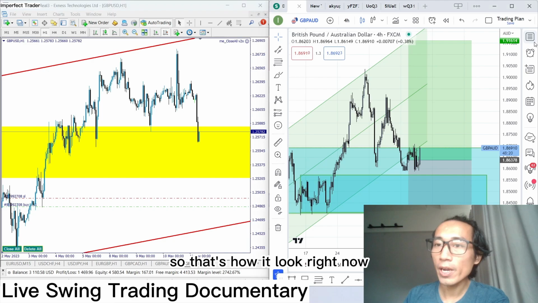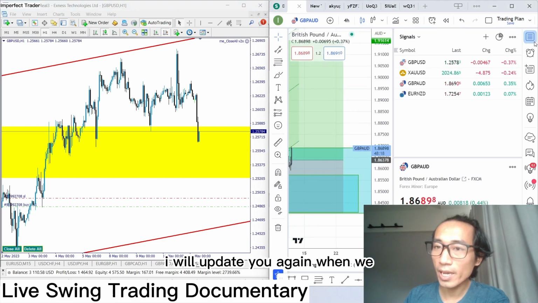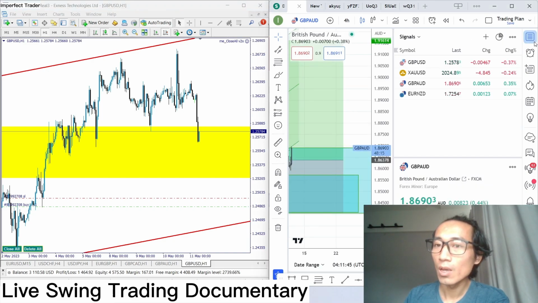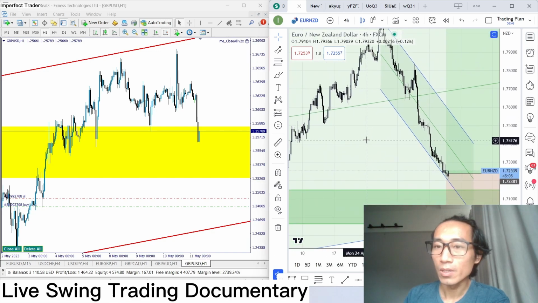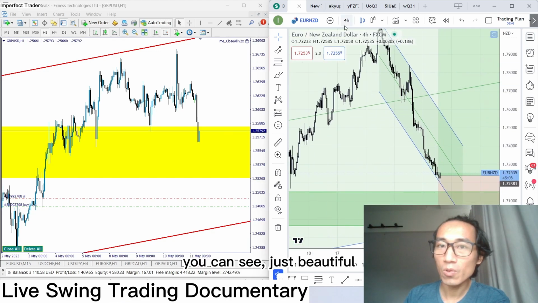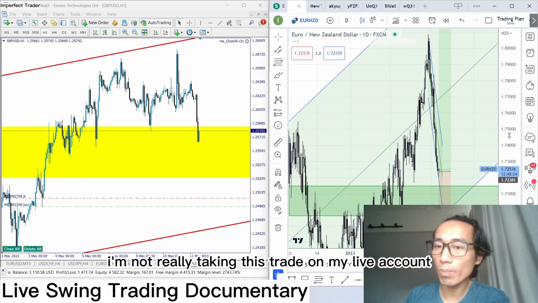So that's how it looks right now. I will update you again when we are in the news. I actually have another trade right here. You can see it's just beautiful. I'm not really taking this trade on my live account, but